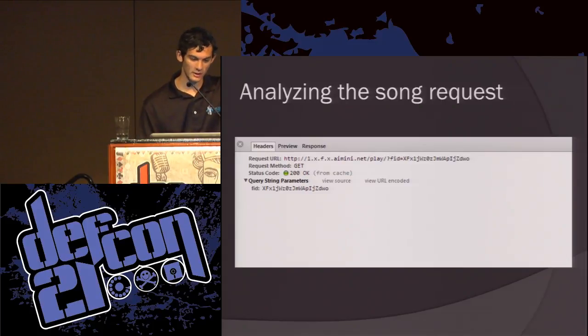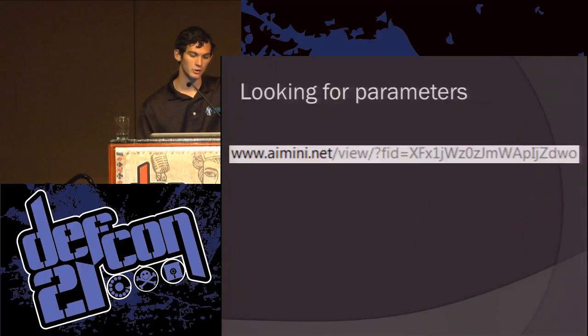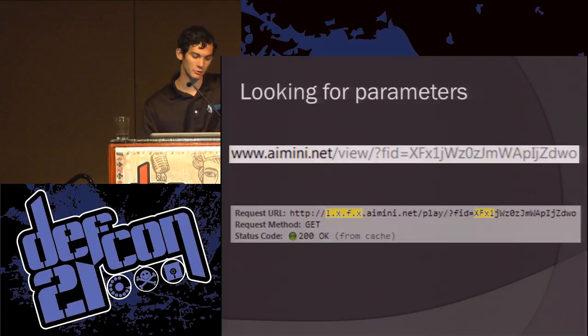So the first place to look is going to be in the URL, and sure enough, it's in the URL. You're like, great, we have everything we needed. Now how do I duplicate what they did? So you go and look back at the original request,